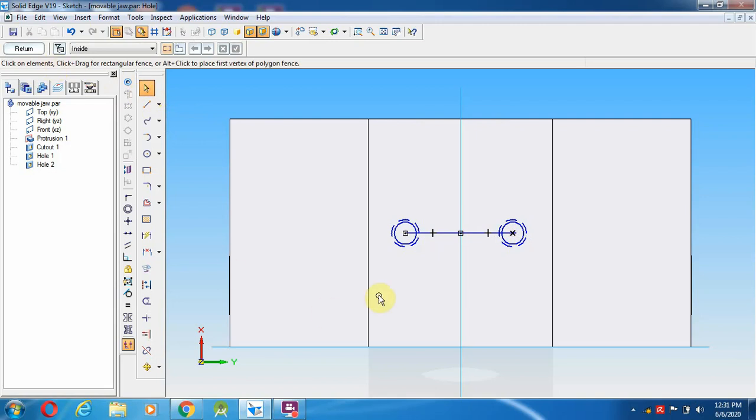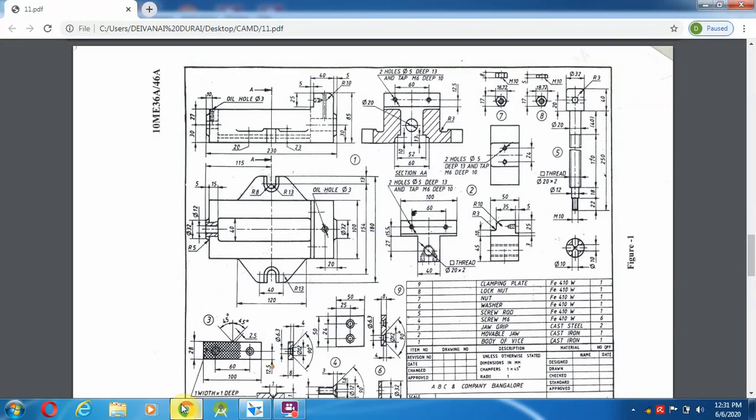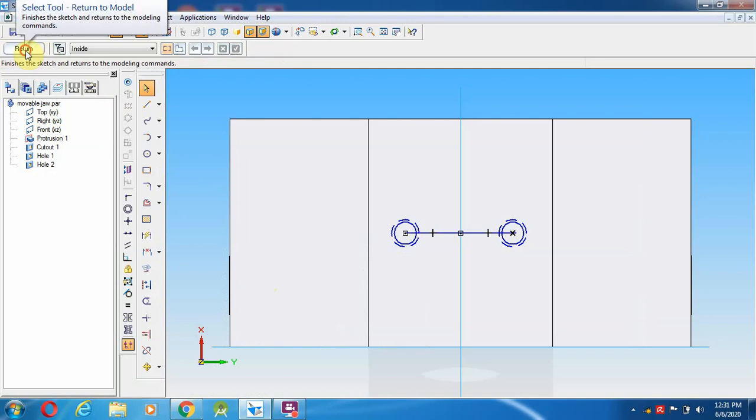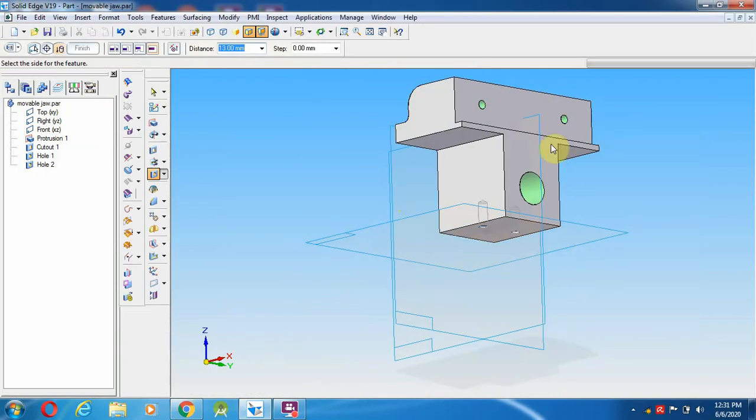Okay, so going to check whether it is correct or not. Exactly parallel to this we have drawn. So from that going to give return. So the hole has to be created over here. Okay, so then we are going to save it.